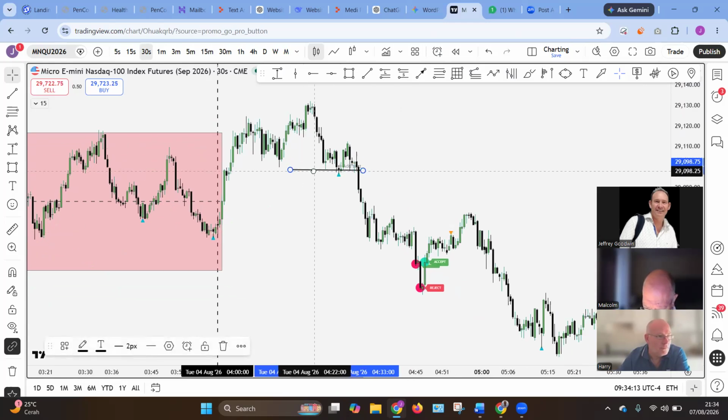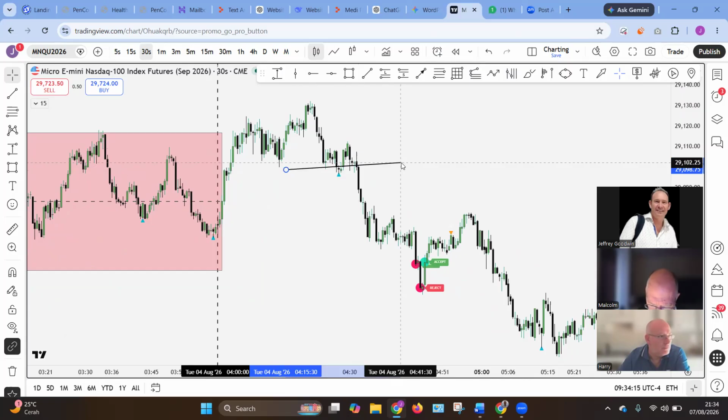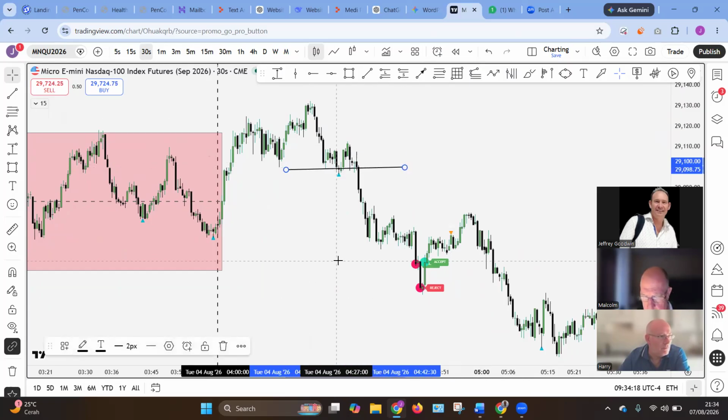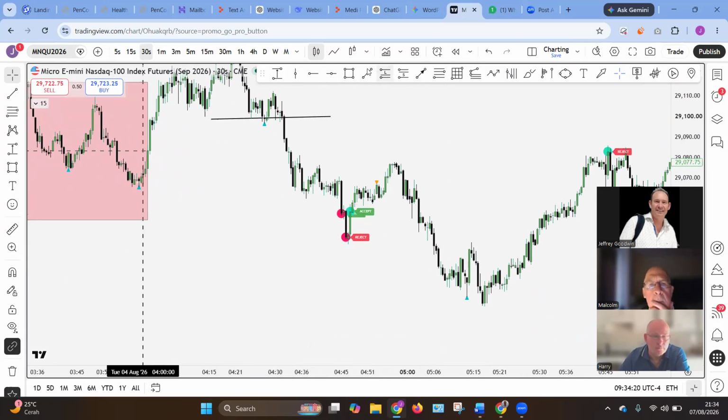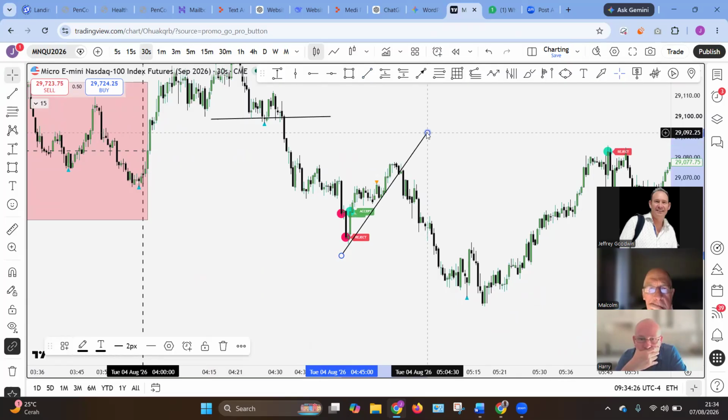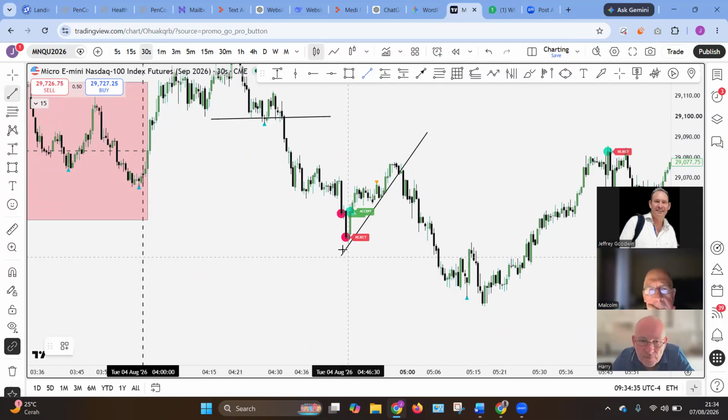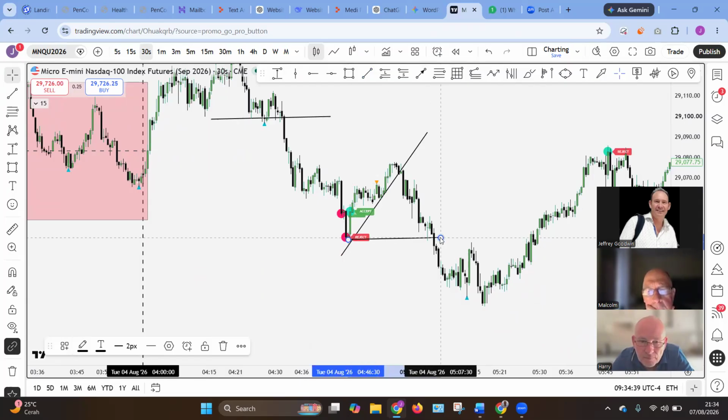Maybe we could use that there, rather than the buy, take a sell, but never mind. Let's just go with this. So I've got an indicator here. I draw a line. Is that correct? Yeah. And then based on what I initially said, I don't enter the trade, depending on the size of it, until it breaks that. That's what I said. So it did that, not much of a trade, just to be honest.